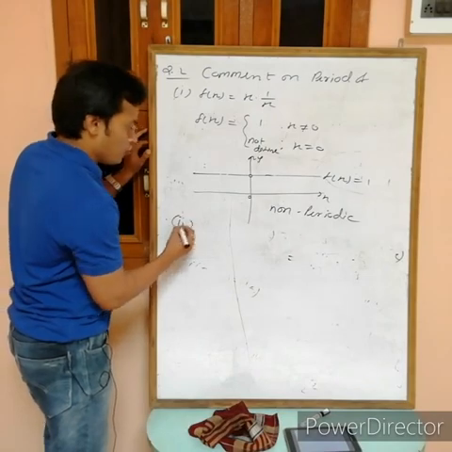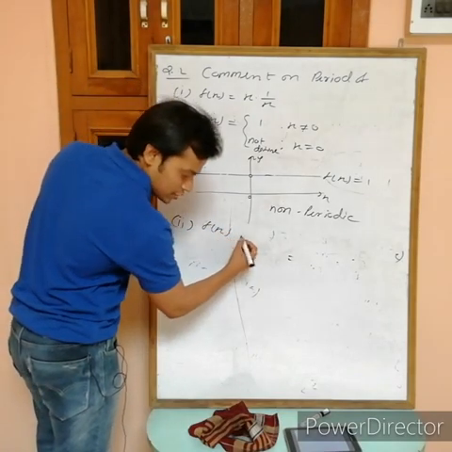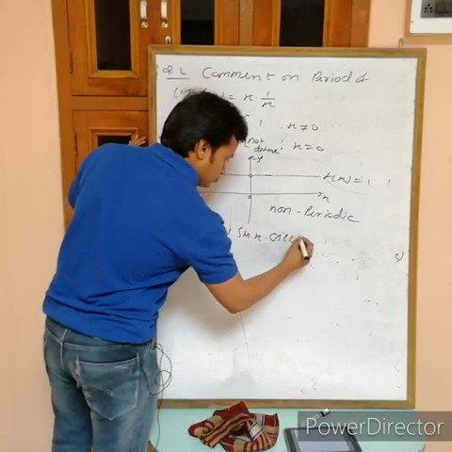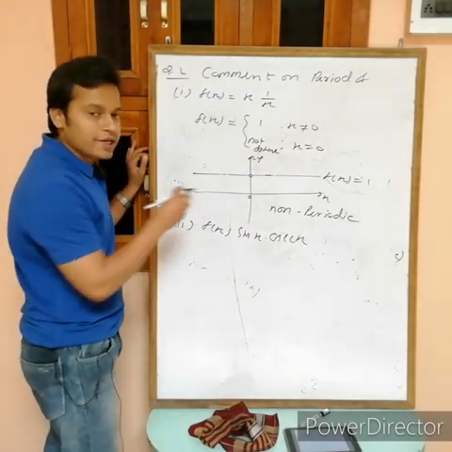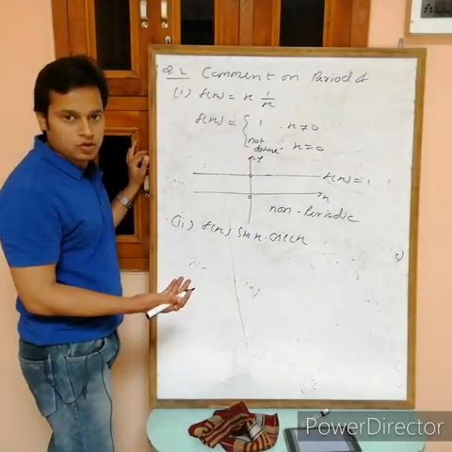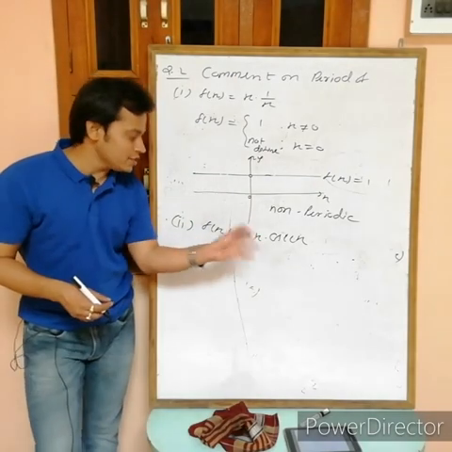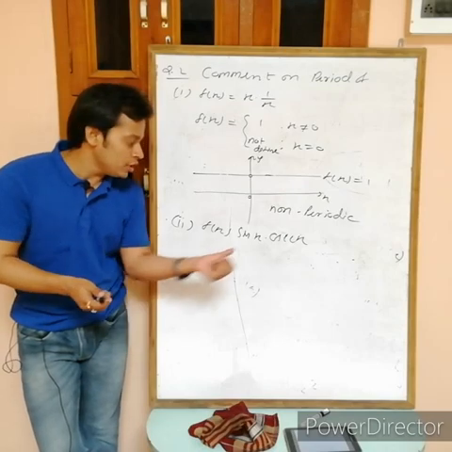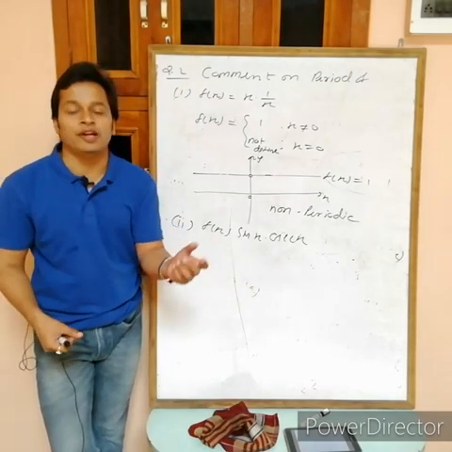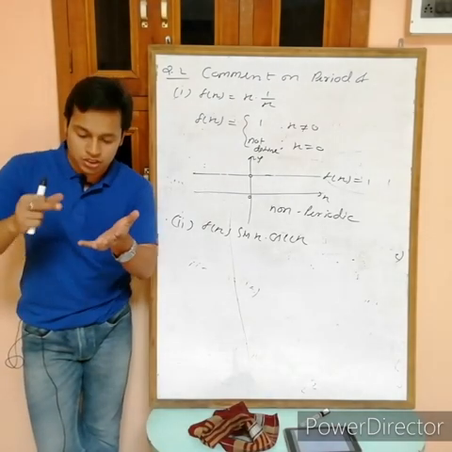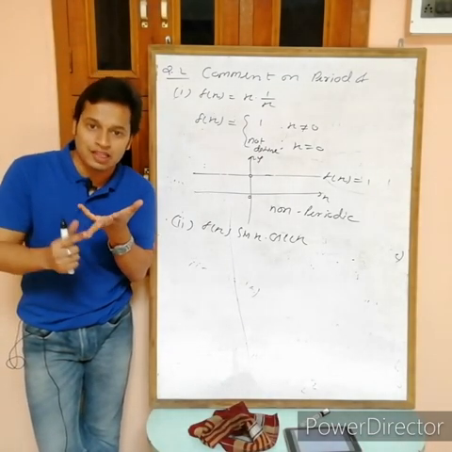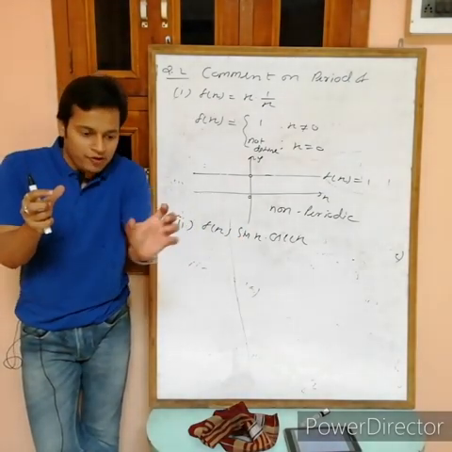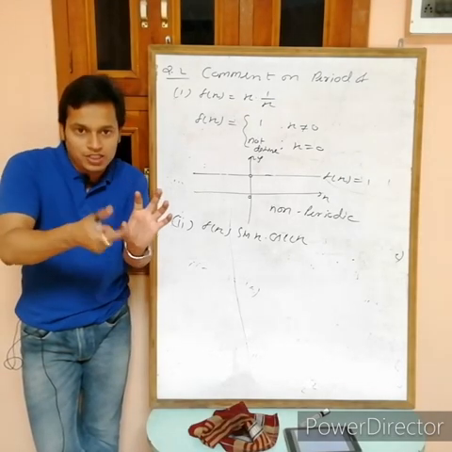Okay, so the second one, f(x) is equal to sin x into cosec x. Now cosec x is 1 by sin x, again sin x cancels out and we get 1, but again you can't take those values of x where this one or this one is not defined, and cosec x is not defined at 0, pi, 2 pi, 3 pi, for every multiple of pi, because cosec x is 1 by sin x. When sin x becomes 0, then the total becomes 1 by 0, which is infinity.